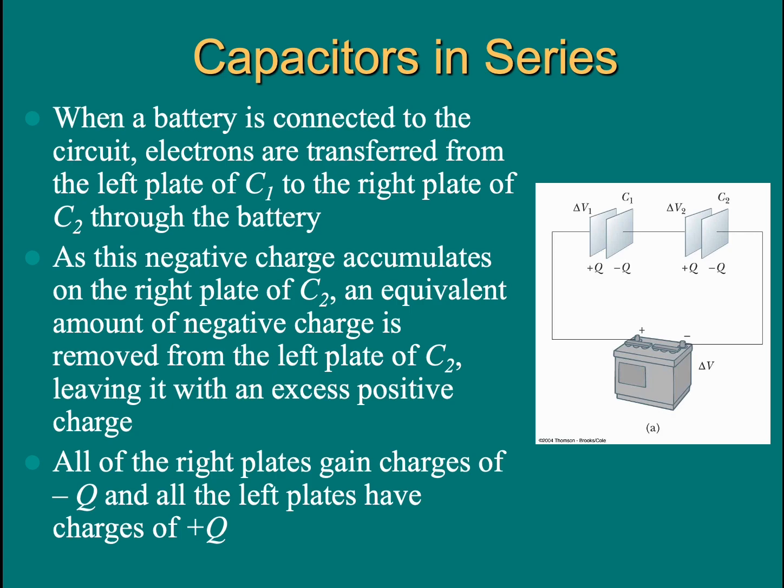When a battery is connected to those two capacitors in series, electrons are transferred from the left plate of C1 to the right plate of C2 through the battery. So we have negative charge accumulated on the right plate of C2. The negative charge on the right plate of C2 will induce the same amount of positive charge on the left plate of C2,